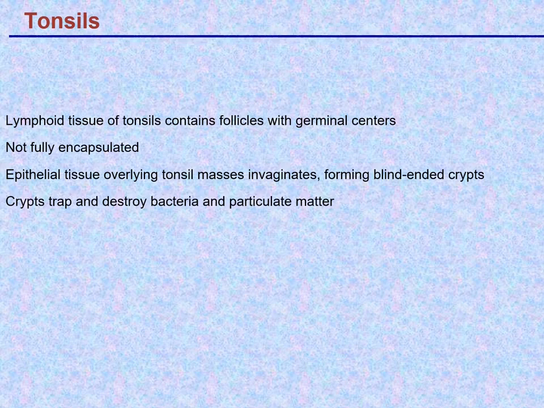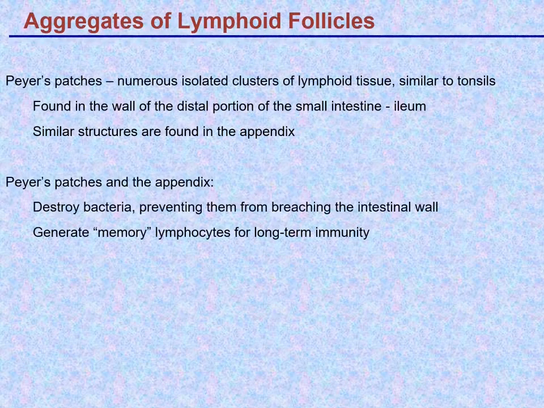As I said, tonsils have follicles with, if a follicle is activated, a germinal center. That's just a follicle that's very dark because there are many dividing cells in it. Again, not fully encapsulated. Crypts can trap and destroy bacteria. So you have a chance of interaction with bacteria there. Other aggregates of lymphoid tissue or lymphoid follicles